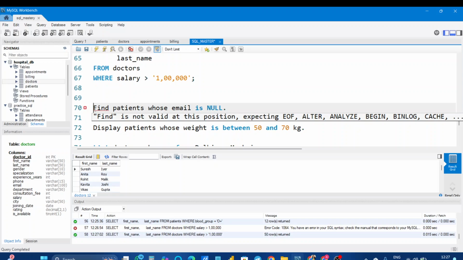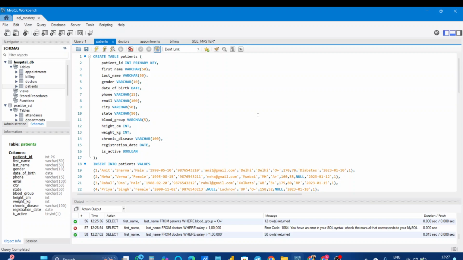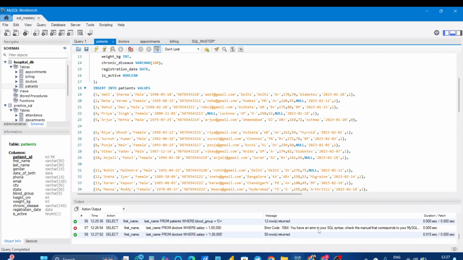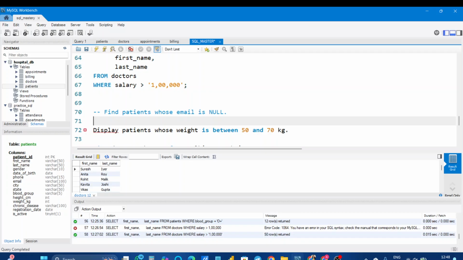Then next question, find patients whose email is null. Just a second, I just have to check the table structure. So the next question is find patients whose email is null. So what we have to do, just write select